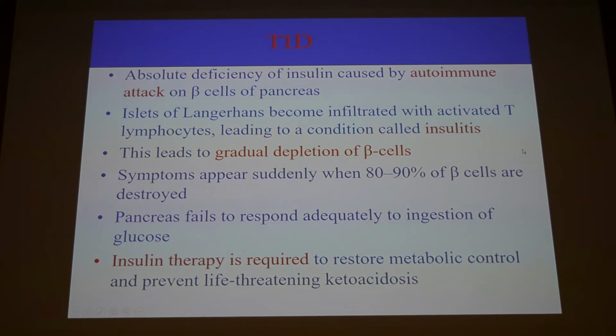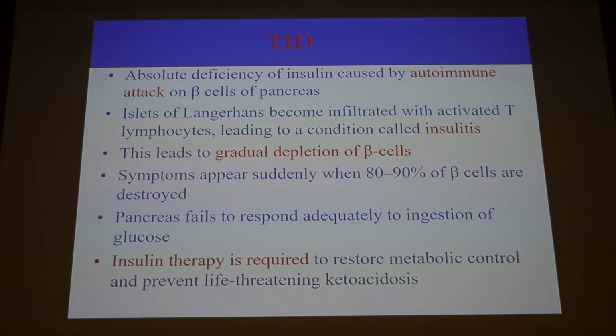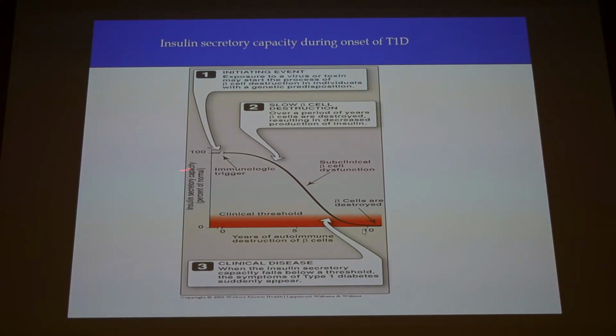Okay, let us start talking about the types in detail. So in type 1, we said it's an autoimmune disorder, and they need insulin, okay? Because they are at higher risk of having ketoacidosis, and we'll talk about this in detail. This is written here, but it's also explained here. So what's happening in type 1 diabetes? There is exposure to a trigger early in life, something in the environment. It could be a virus, nobody knows for sure. But once this trigger is on, the body starts recognizing the beta cells as non-self. So the body will attack the beta cells and they will be destroyed.